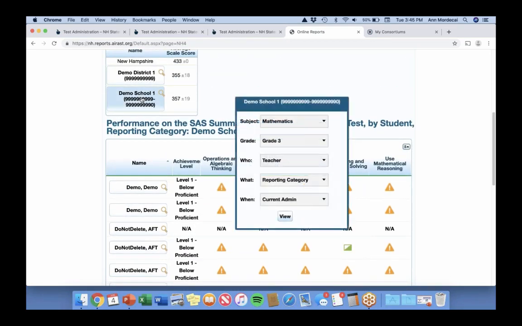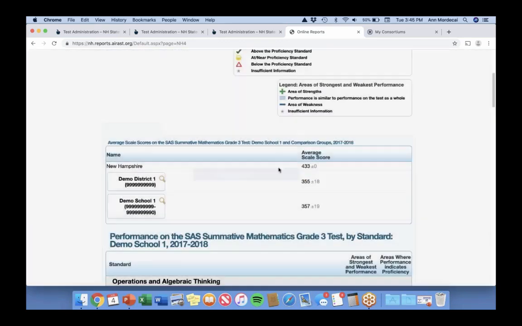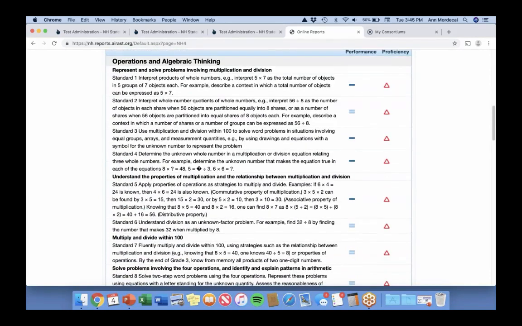I want to go down another level. I want to see how they did on standards. So I want to see students standards, but as you can see, it switches me out of that. It's going to just give me the standards for my class or for my group. I'm actually looking at school right now. So these are the standards. This is how my class did on the standards. As you can see, they did really badly because here's the proficiency level.